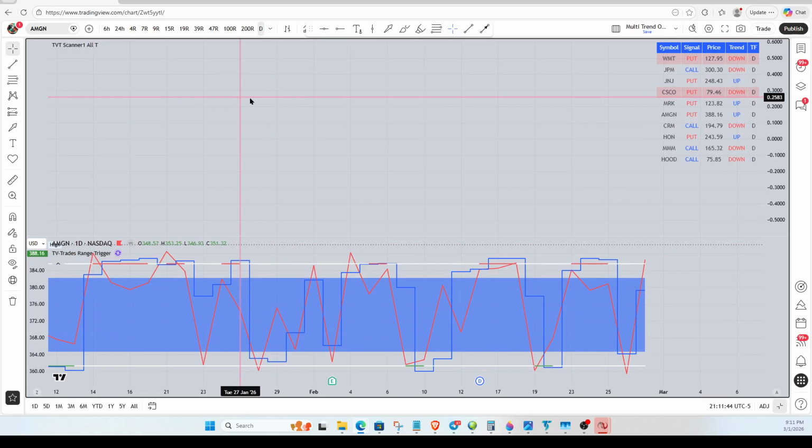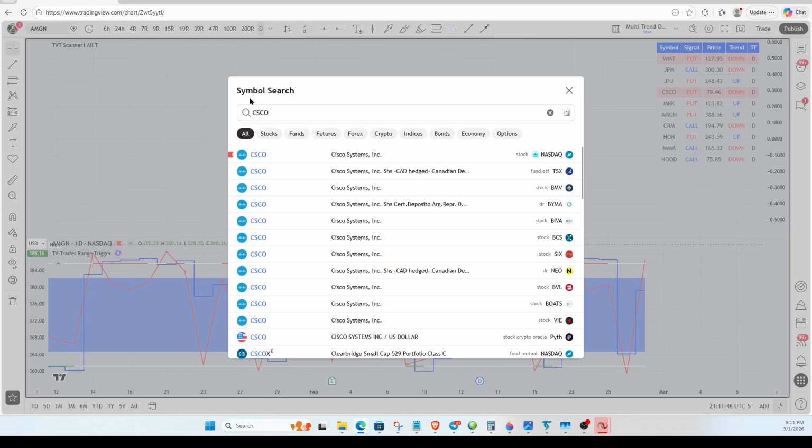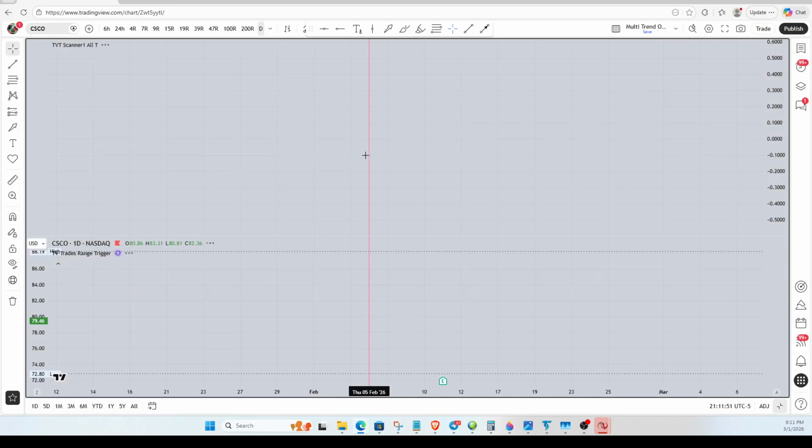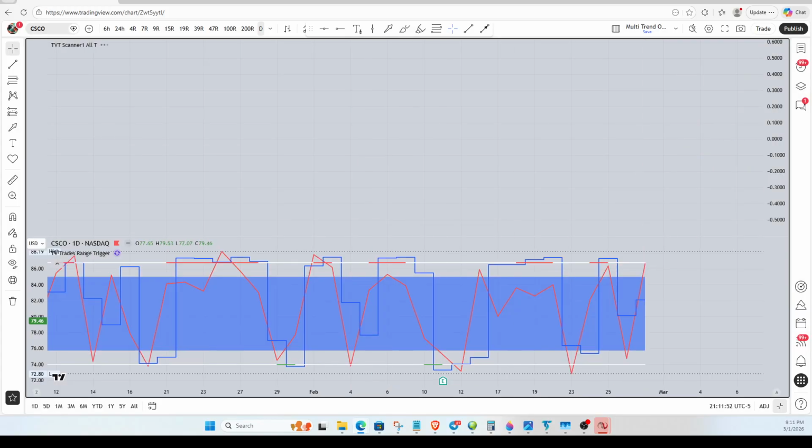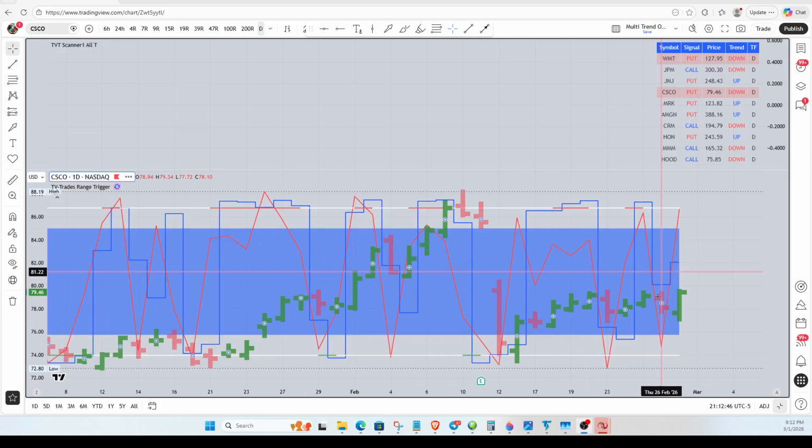All right, CSCO. Okay, and Cisco Systems. And well, hang on a sec. All right, I had forgotten that I had made all that stuff invisible. I put it all the way down here and I made it invisible, so this will be easier for you to see. But on your charts, you just go into Cisco, put up your Cisco chart, and you can see